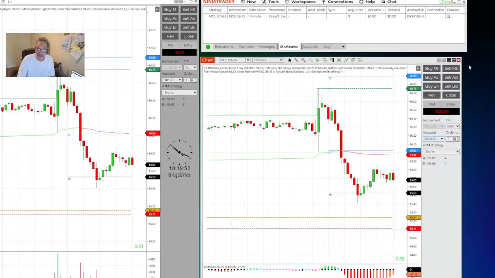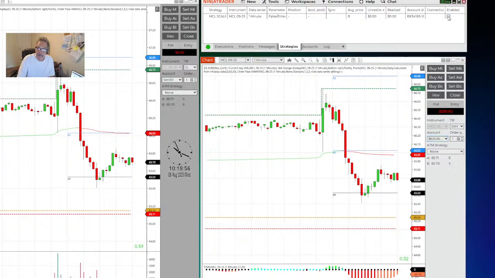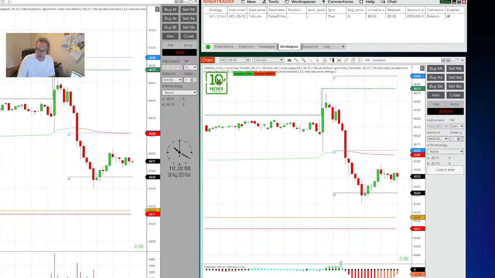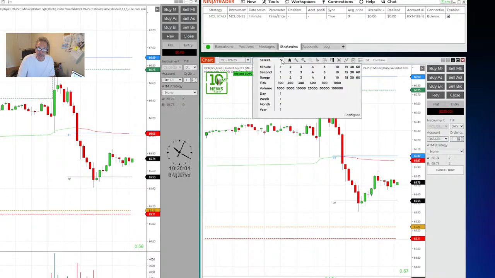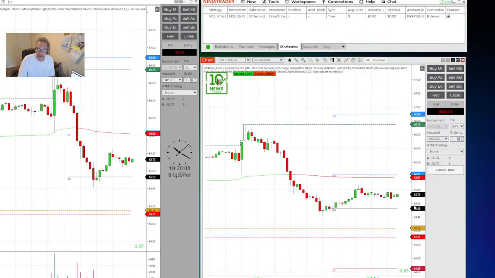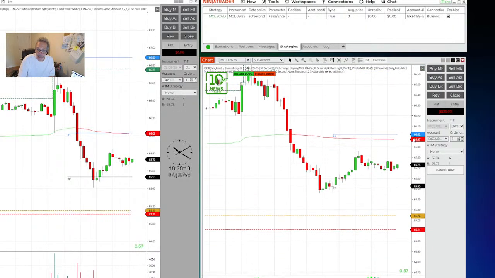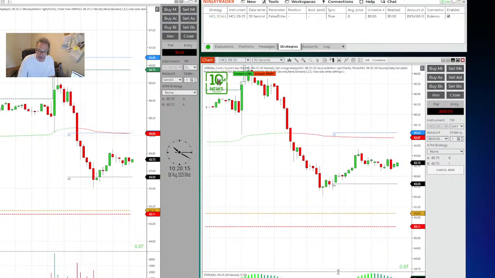All right, and that was my scalp that lost money. But I now have a reverse continuation possibility set up in a prop account. And I'm going to put it on 30 seconds. 30-second chart, all right? Because I like the squeeze signals best on a 30-second chart, okay? And then we have our breakout. If you look at the oil DMM,